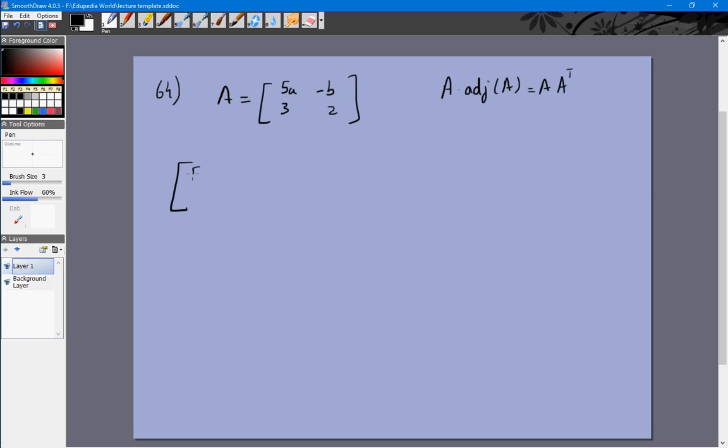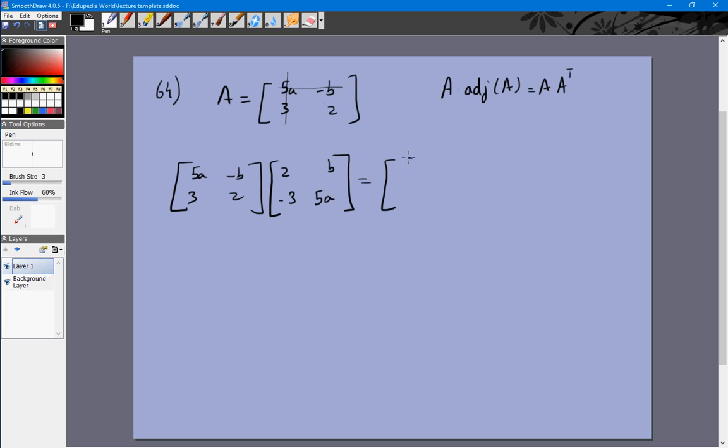So what we get is 5a minus b 3 2 multiplied by the adjoint of a. So if we just eliminate 5a, what we're left with is 2, so we'll get 2 here. If we remove minus b, what we'll get is 3 here, but we'll actually take the transpose of that, because adjoint a needs the transpose of the cofactors. So 3 will be here and there will be a minus sign, because minus 1 to the power 1 plus 2. And similarly what you'll get is b and 5a,